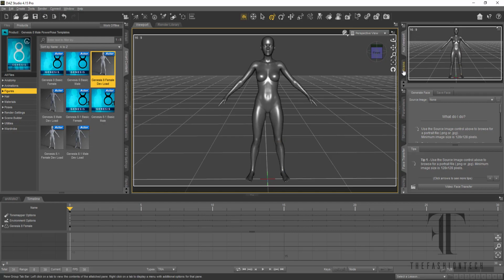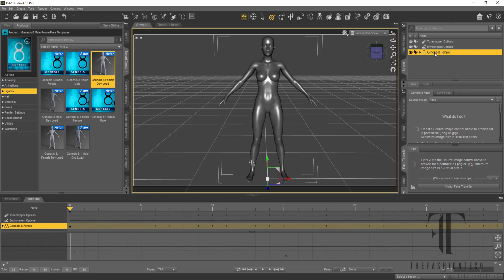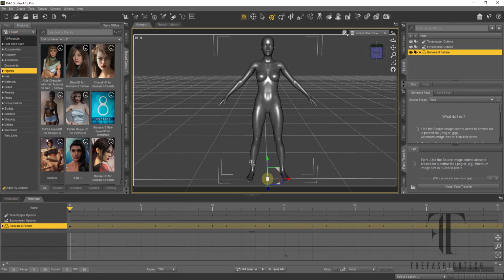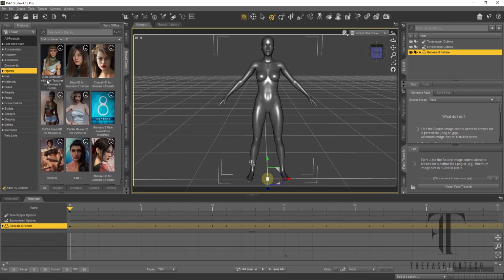Over here there's a tab for scene, which is going to tell you whatever's in your scene. Right now we want to click on Genesis 8 female, and what that's going to do is highlight things that are specifically for the Genesis 8 female. So I have all of these different morphs, all of these different characters that I can use cooperatively with her, and I'll show you what that means. So there's another tab here called shaping,